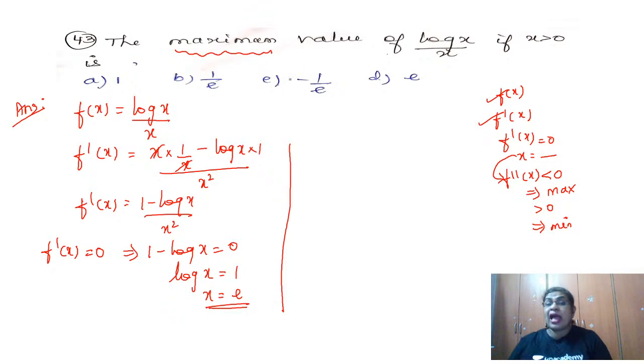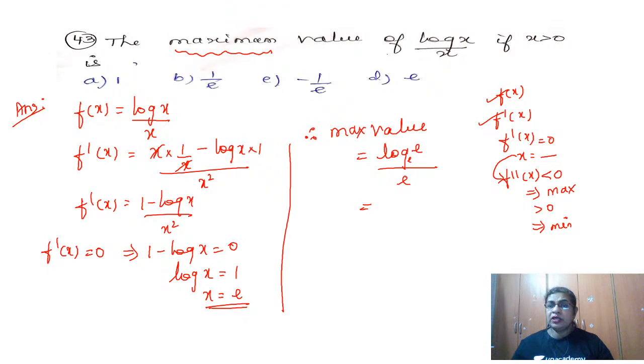The maximum value means what? Maximum value means I have to substitute that critical point in the given question. So I got x value as e, substitute in f of x. Therefore maximum value is equal to log e, and if the base is not mentioned, it is understood always to be e, the natural logarithm, whole divided by x